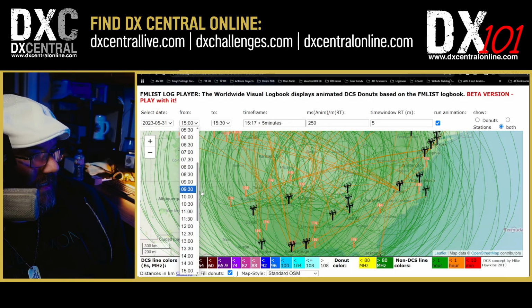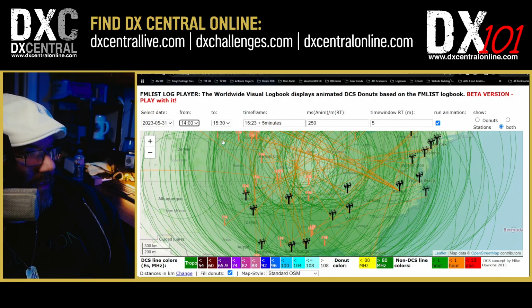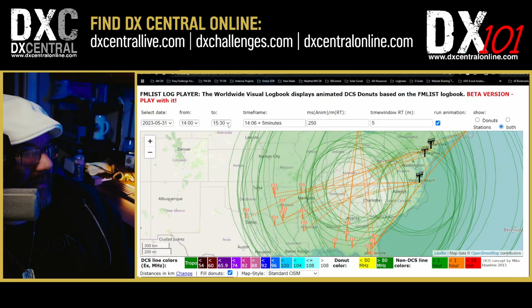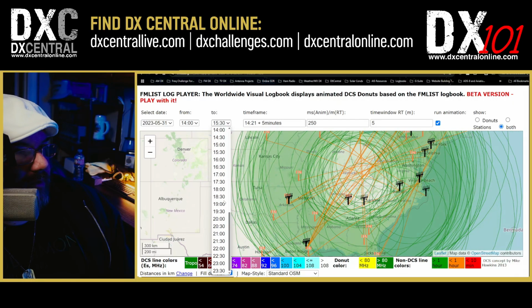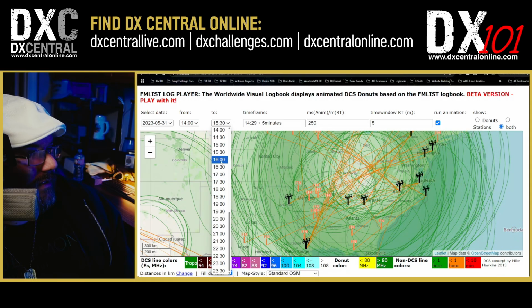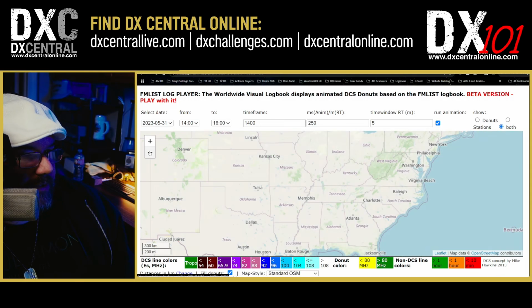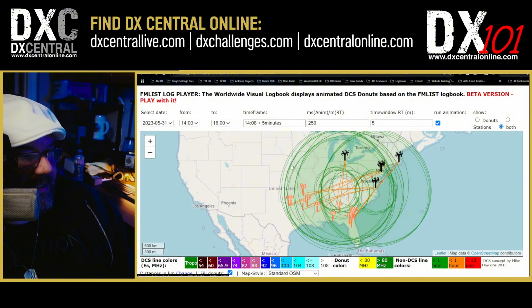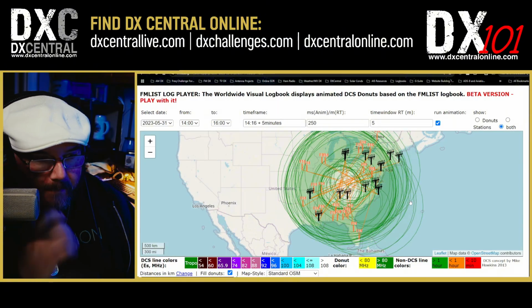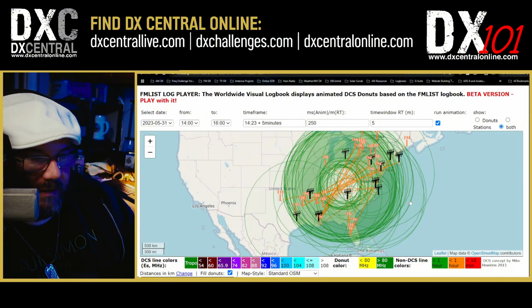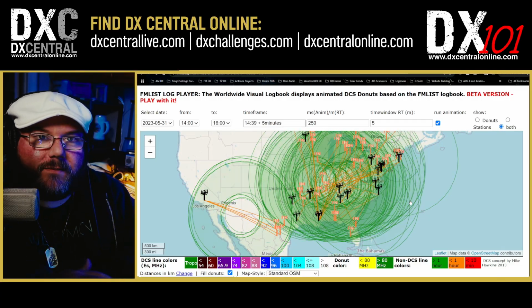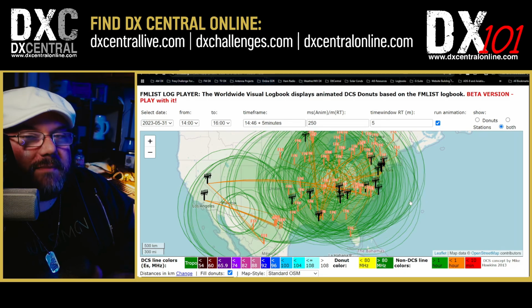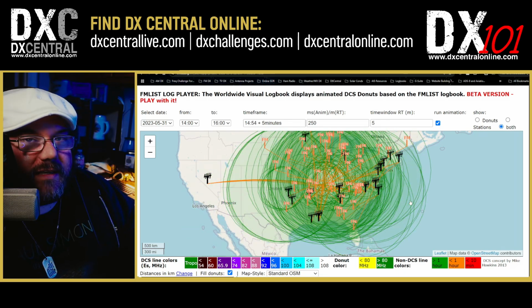So we're going to start this a little bit before here at 1400 UTC to, it was around noon, so 1600. We're going to zoom out a little bit so you can actually see minute by minute all the stations that were logged. The donut, the eSkip donut, which is that FMList feature that kind of approximates who should be experiencing